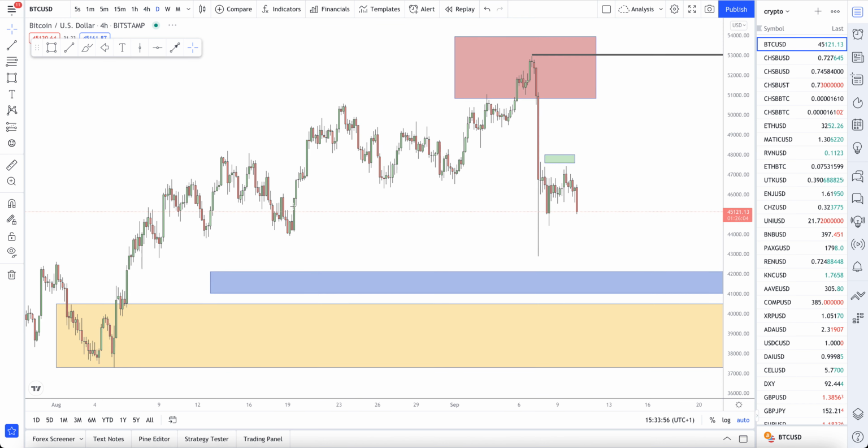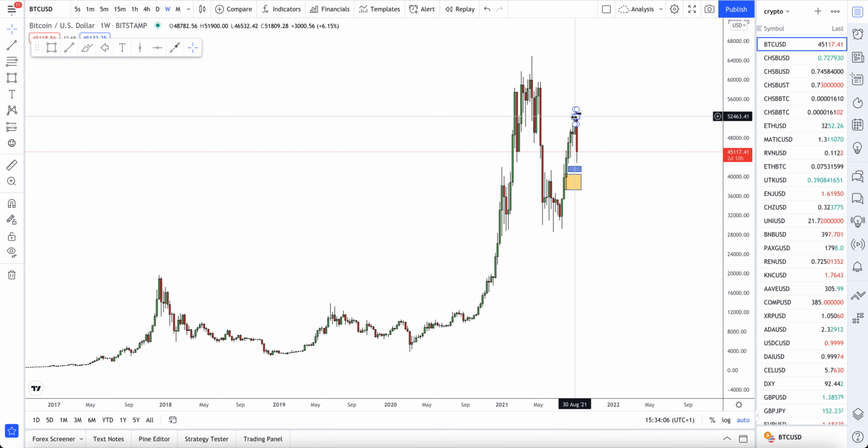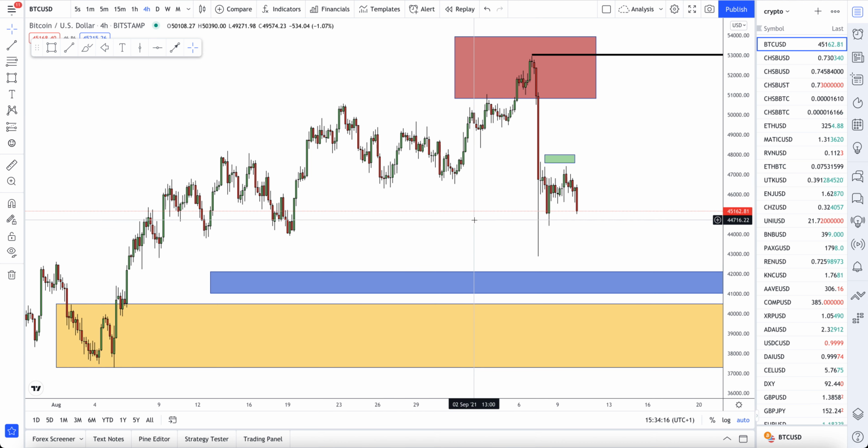Remember, when we saw this, let me go back to the weekly for a second. When we saw this drop here, look how long it took, accumulating, and then we get that nice run up. That doesn't mean it's a duplicate, that we're going to get the same sort of thing, but we need to start to track how liquidity is being picked up. We know it's going up. Bitcoin's going up, trust me, but we need to figure out how it's picking up liquidity, where it's picking up liquidity.